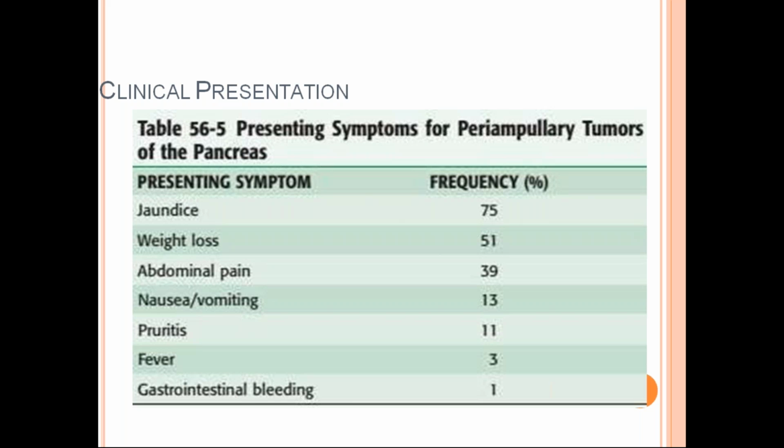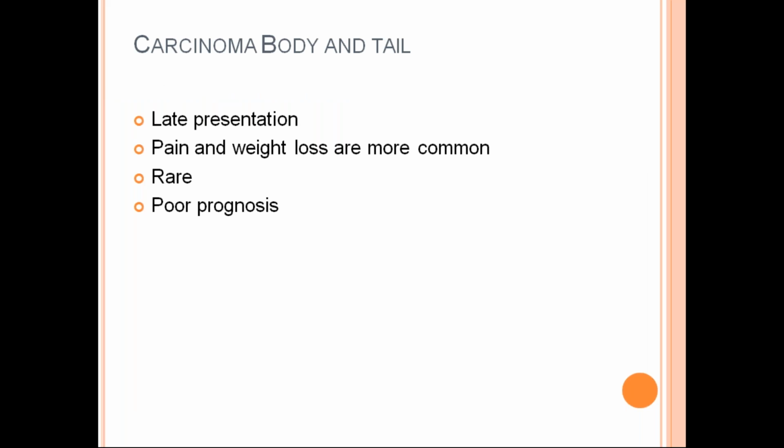These are the symptoms for periampullary carcinoma of the pancreas. Later we'll discuss body and tail. Body and tail carcinomas usually do not present early, because it's a retroperitoneal structure and the tumor has to be large enough for the patient to locate it, or the patient feels some heaviness in the body, or presents with severe cachexia. So it's a late presentation; the tumor can grow as much as it wants.